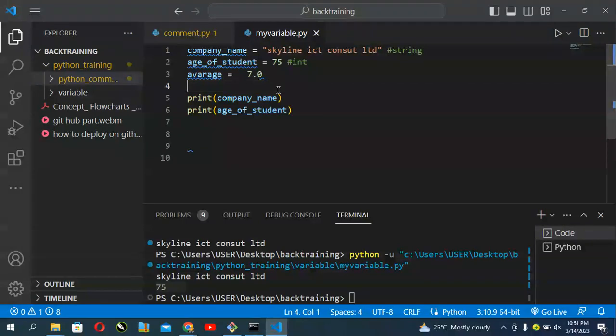Age of 10 is what? Okay. Average is what? Who can help us out? Okay. That is a float, right? It's actually a float. So in order to know this,